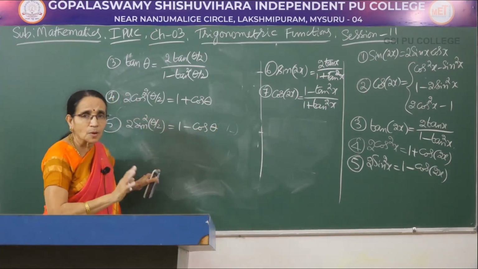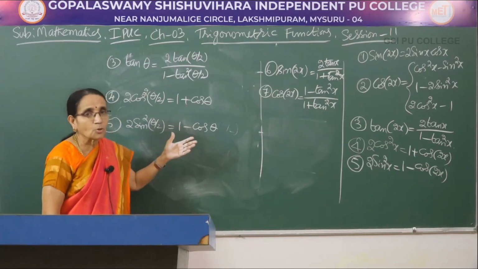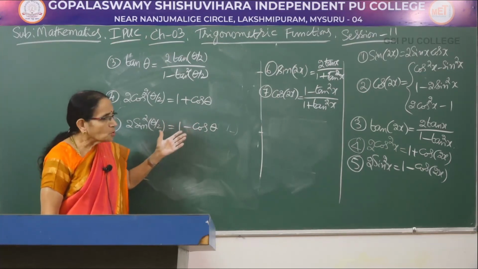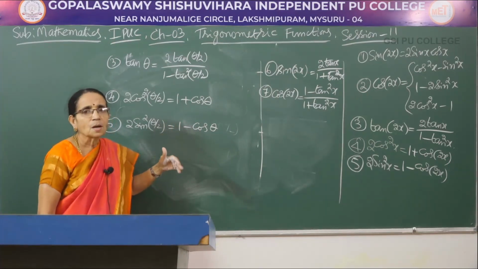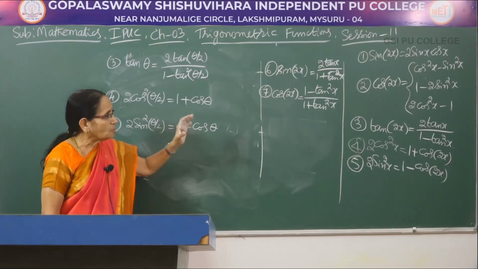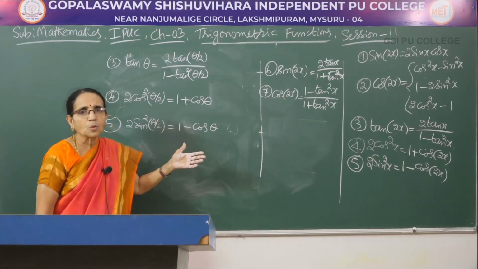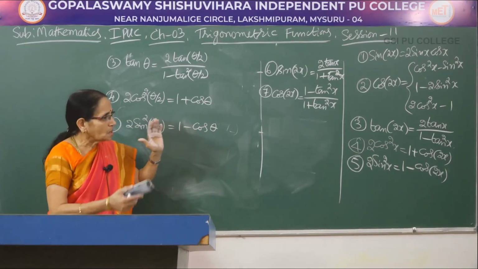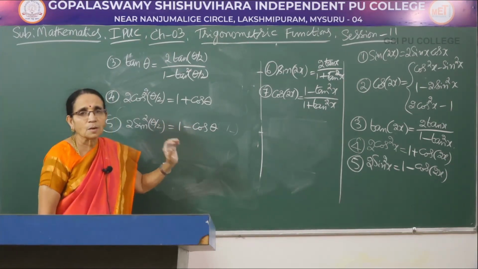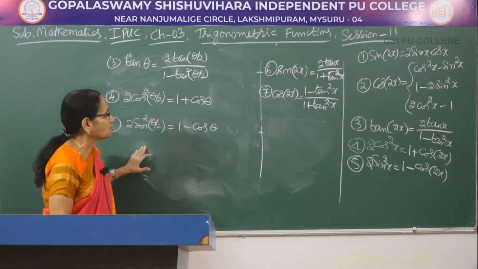See, all these formulas are very important. When you learn about another branch of mathematics, when we come across that trigonometry function, we will be using all this one. First year PUC, and when you go to second PUC also, all these results are important. You always write all of them, compound angle, multiple angle, one more set of formula I am going to teach you, all of them at a stretch on one sheet of paper, and always keep with you so that whenever you want it, you can have a reference to that one. You can learn by heart all of them easily.